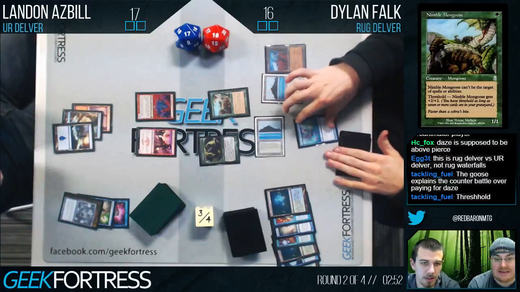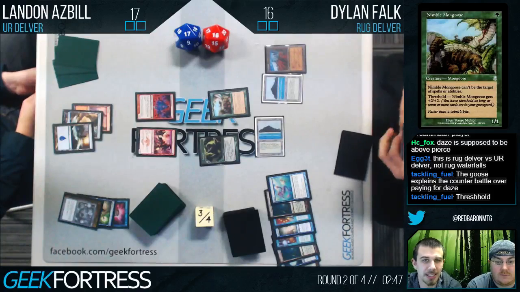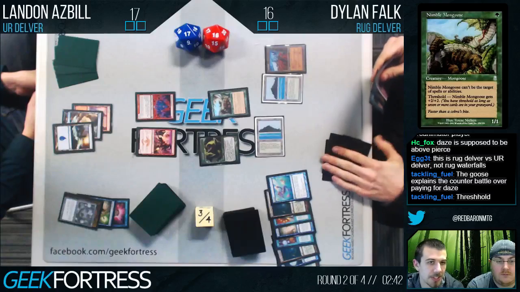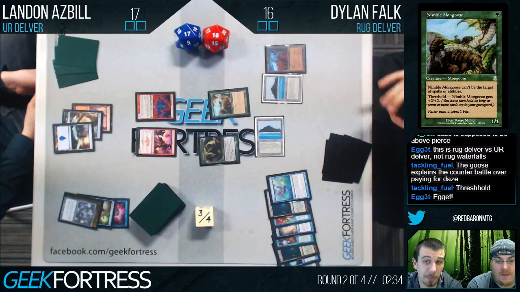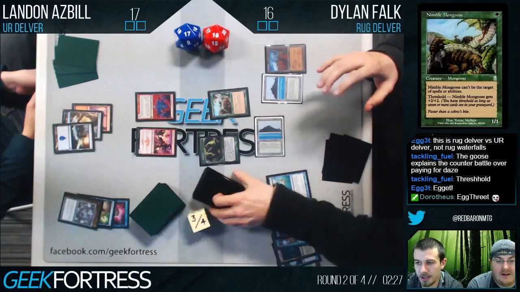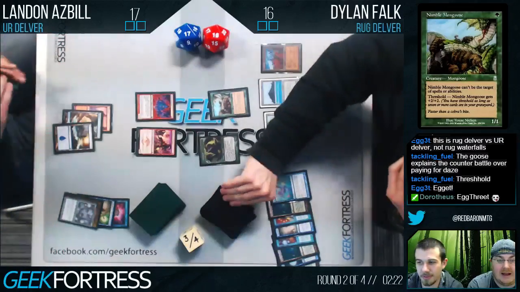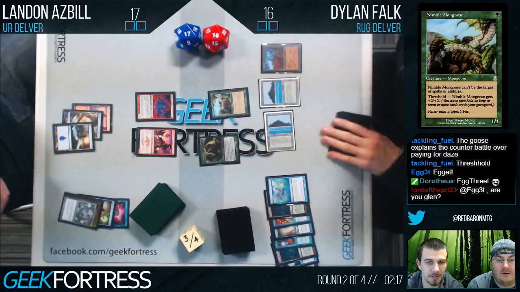So a Ponder from Dylan, and Tackling Field brings up a good point, that Dylan fighting that counter battle actually makes a lot more sense knowing that he had Nimble Mongoose in hand. It really allows him to fill up that graveyard quickly and just drop it as a 3/3. I guess he probably didn't need... I mean, what is he already at? 1, 2, 3, 4, 5, 6, 7, 8. Maybe a little bit of foresight on Dylan's part, but I can't imagine Rogue Delver... they can get stuff in the graveyard pretty easily. But still...